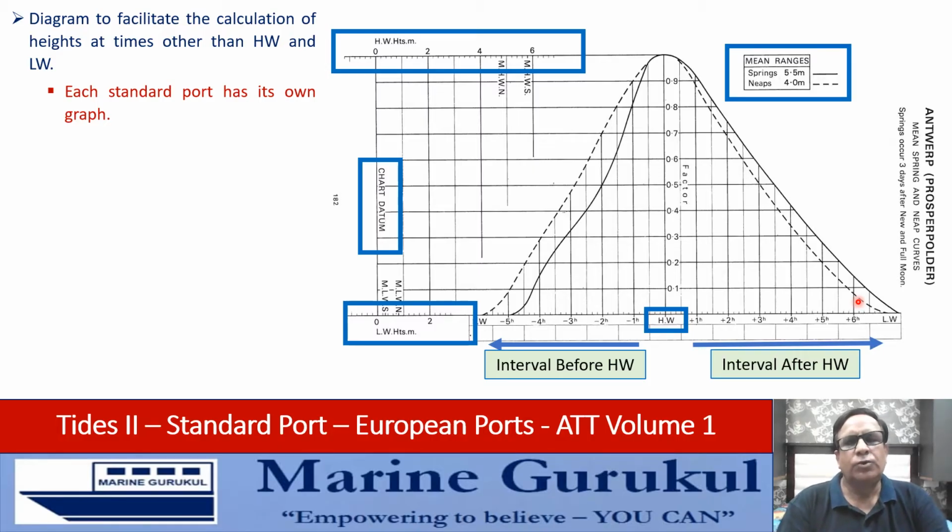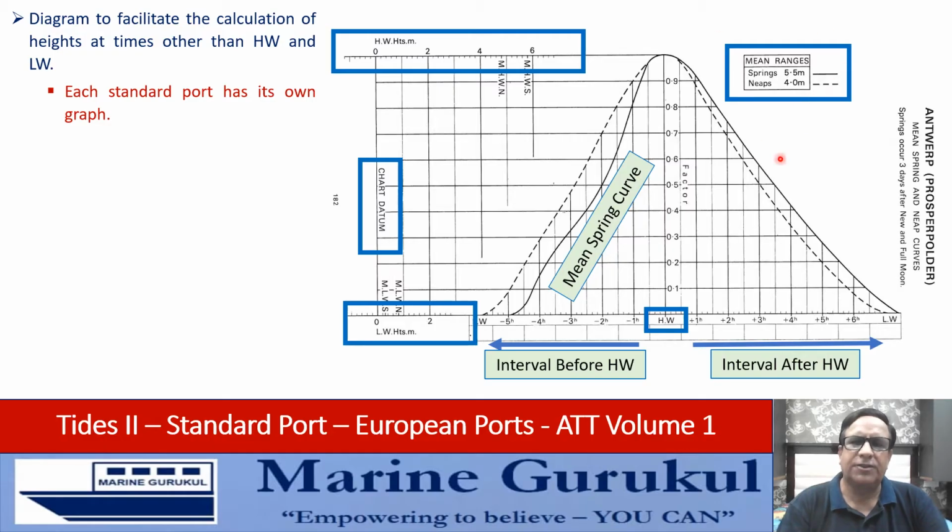Now to use this curve we shall take into account the range of tide in question. If the range of tide in question matches with the spring range, then we shall use the spring curve. We shall use the mean spring curve. And if the range of tide in question matches with the neap range, of, say in this case, 4